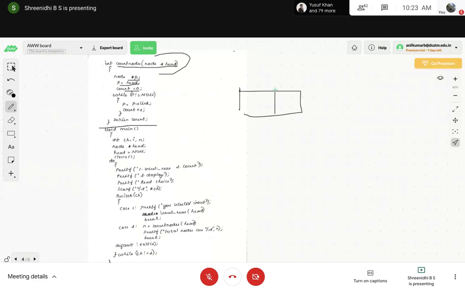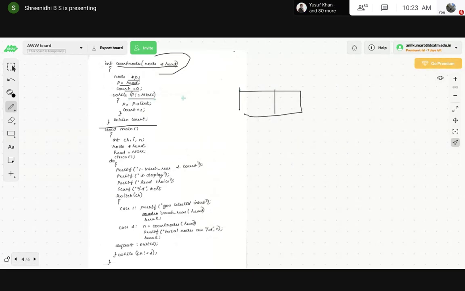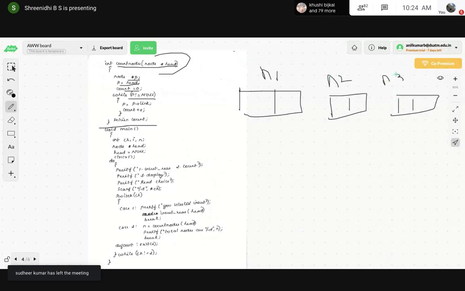While p not equal to null. When we have only one node, that will be equal to null. So here we have created three nodes, n1, n2, n3. So while p not equal to null.